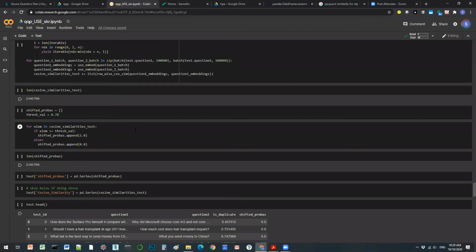threshold value. What happens when you shift probabilities is, if something is slightly on the wrong side of the threshold, it becomes really worse, right? Like suppose the true value is a duplicate, 1, and your model predicts something like 0.4. So it's slightly less than the threshold of 0.5. And now if you make it 0, it makes it really bad, right? Far worse. Yeah, far worse. So that's the issue here, I guess. So if your model is really, really good, in that case, maybe shifting probabilities in this way could help. But